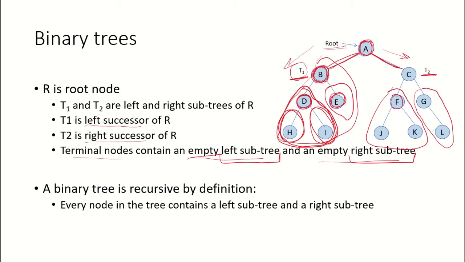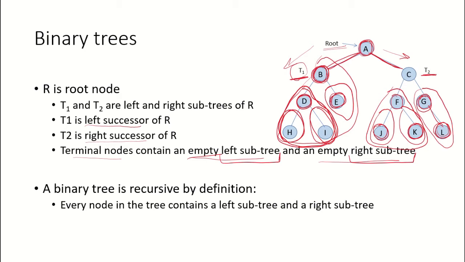If we look at node F, again there is a left subtree and a right subtree. If we look at J, since this is a leaf node, both its left and right subtrees are empty. Similarly with node K, it has two subtrees, one left and one right, but they are empty. For node G, its left subtree is empty. It has only one child in the form of a right subtree, and that is L. And L has an empty left subtree and empty right subtree.